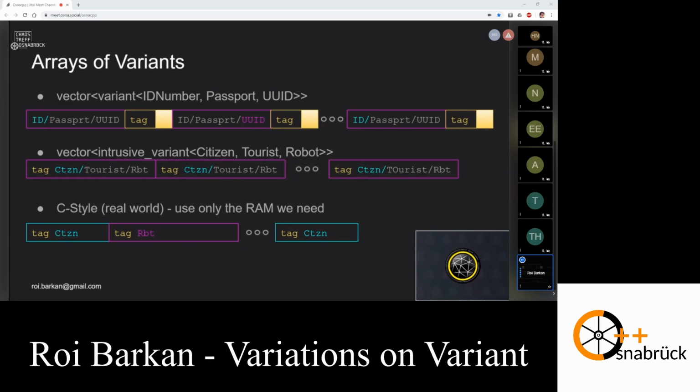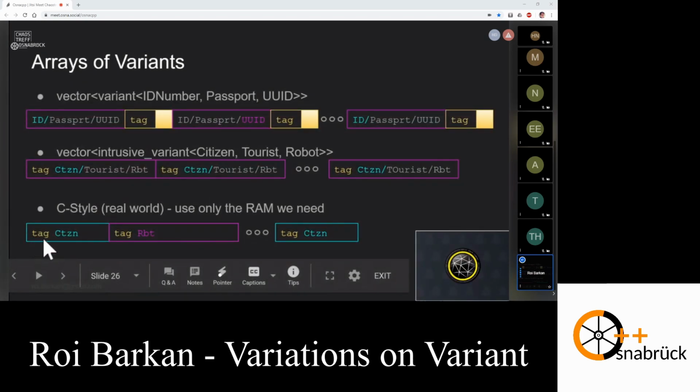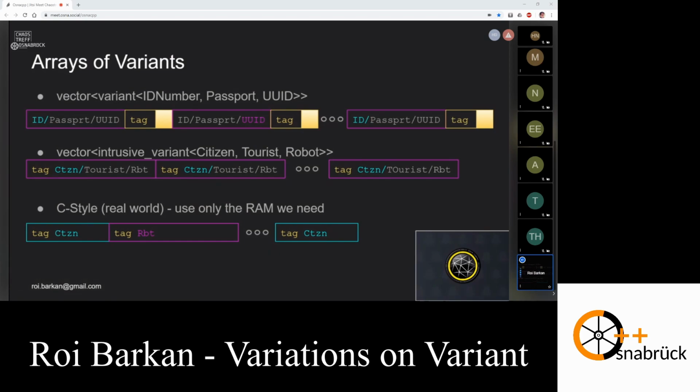Okay, so in this language, or in the real world, the typical way to send a large number of these unions is to send a tag, and after the tag only keep the memory layout of the exact correct member that is active. Okay, and right after that, I can put the next tag of the next object and its active member, etc., etc. And as you can see, this C-style approach is much more condensed. I don't have any